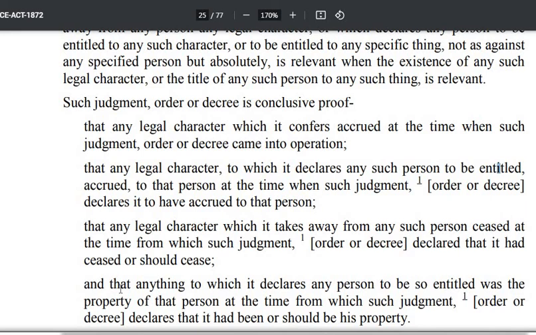Therefore that judgment in rem in the probate is a conclusive proof of the fact that this person is the owner of the property specified in the will. From what date? Not from the date today, but from the date when the will was effective, that is when he died, legator died. तो यहाँ पर सिर्फ ये डिक्लेयर कर रहे हैं क्योंकि ये जजमेंट इन रेम है,